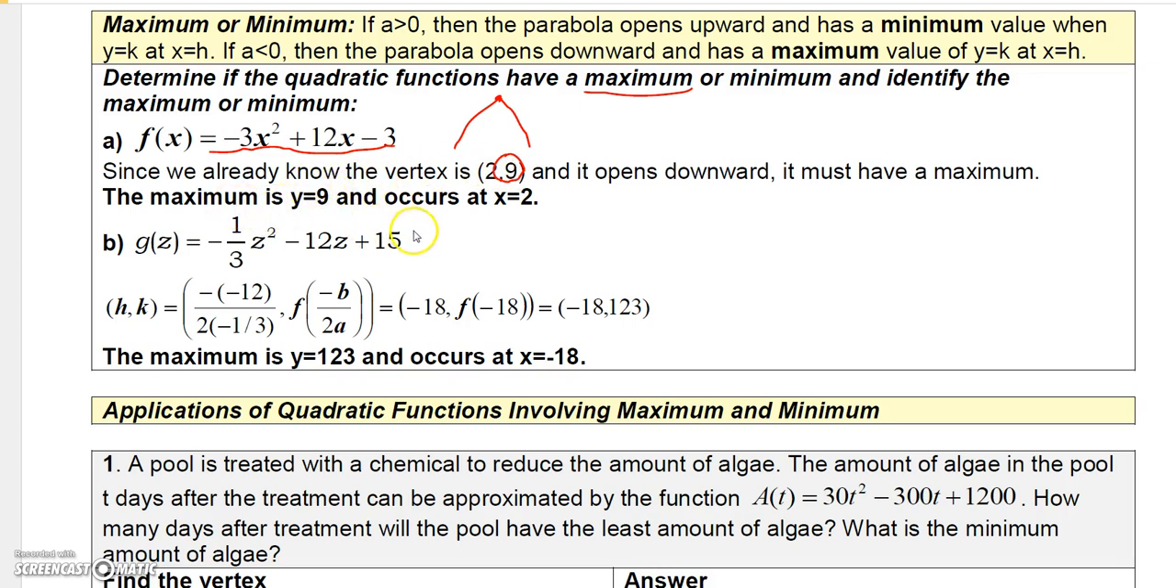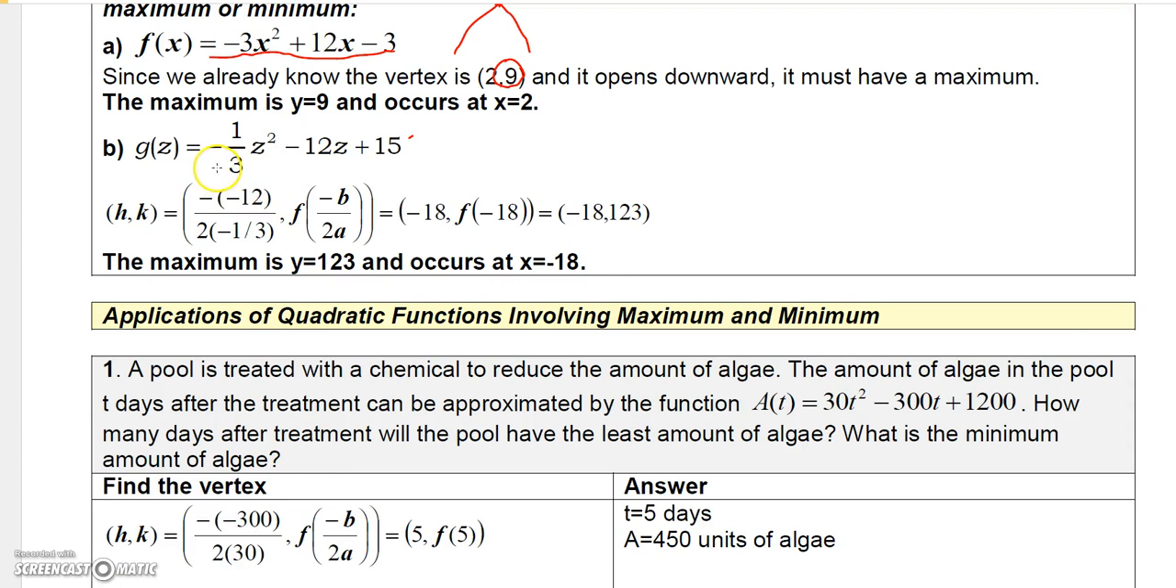Okay, now here's another one. This one has a fraction in it, but it shouldn't scare you too much. Here, the a is negative 1/3, the b is negative 12, and c is 15. So if we do minus b over 2a to get the vertex, we get minus negative 12 over 2 times negative 1/3. Well, that's actually going to equal, let me show you this over here, 12 divided by